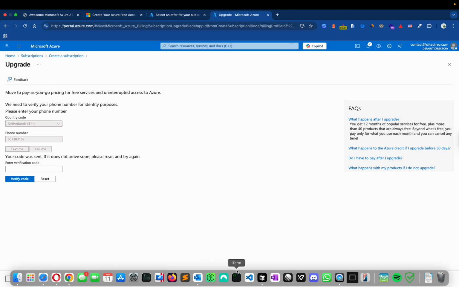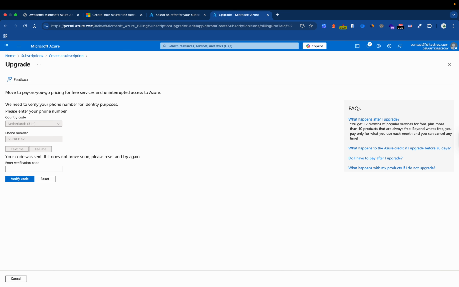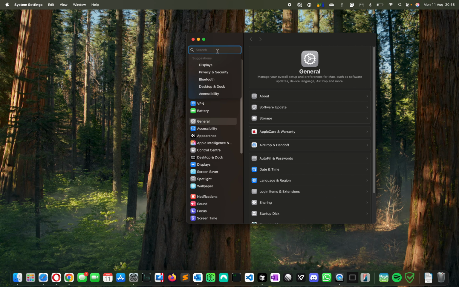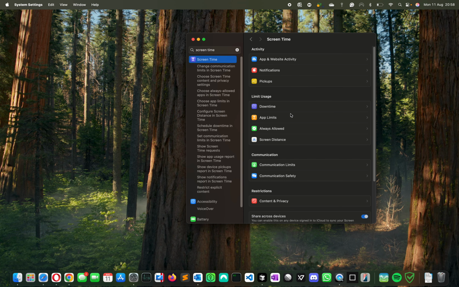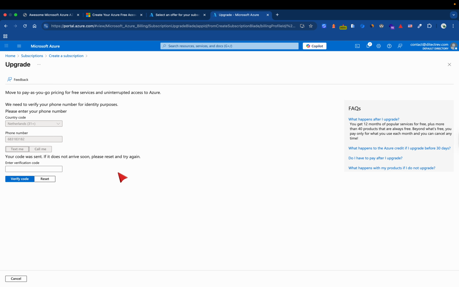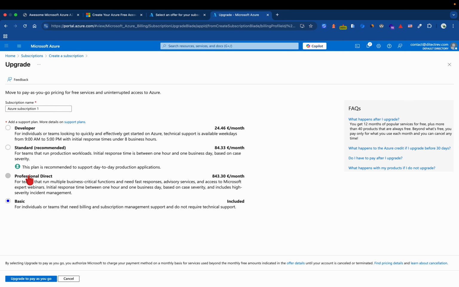I just need to turn off something, because otherwise my screen will be black very soon. Screen time. Okay, it's off. Okay, I'm going for my phone. Okay,